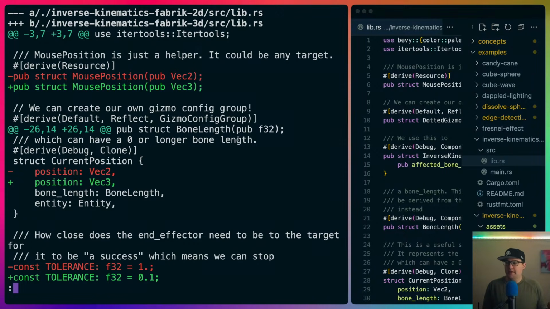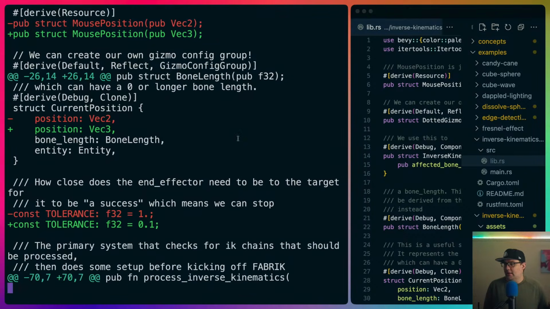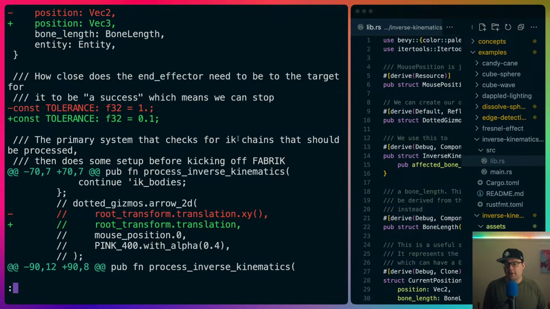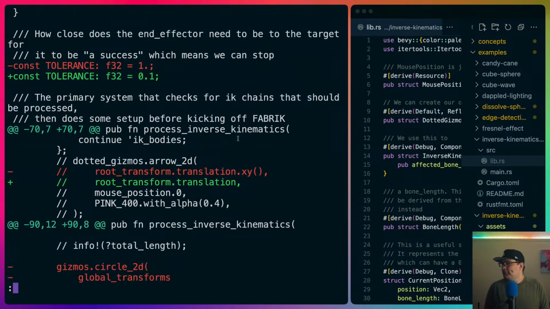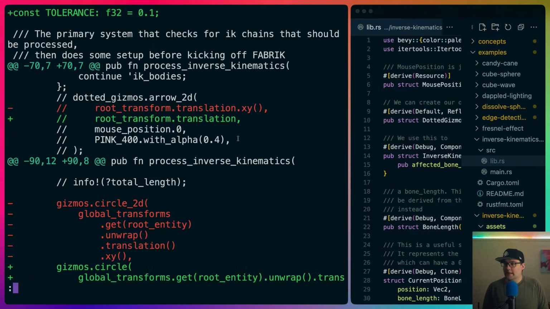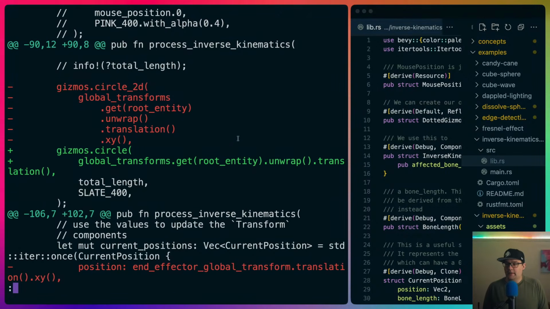The current position for the bones in the bone chain is a vec3. The tolerance changes. In 2D, a tolerance of 1 is 1 pixel, but in 3D, 1 is 1 meter. So a tenth of a meter seems to be fine for that tolerance, but I guess that could be configurable on a per chain basis or something. That's a comment. This is a gizmo that basically